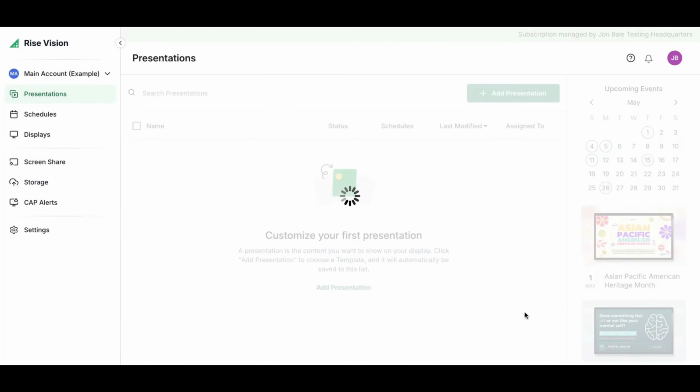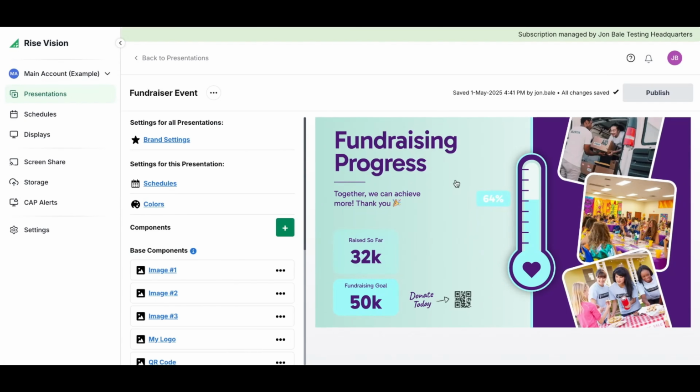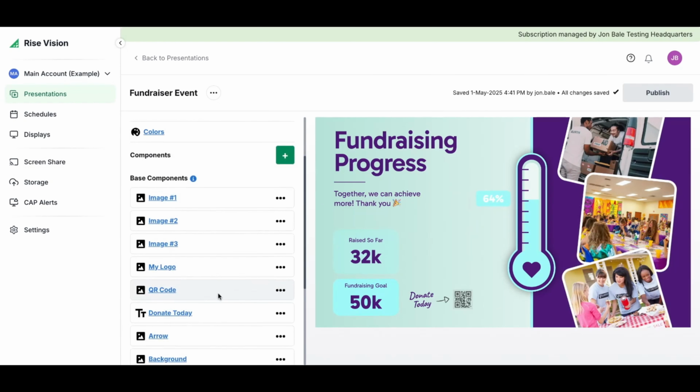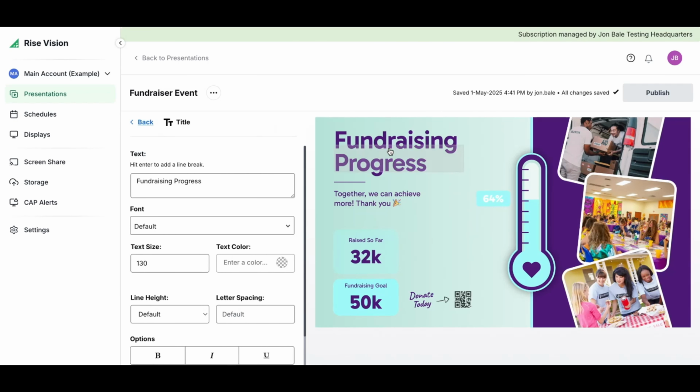would like to modify. On the right-hand side, you'll see a preview of what the presentation will look like on your display, and on the left-hand side, a number of components that you can edit. If you want to edit the text, simply click on the text box itself in the preview, and then change the text by either double-clicking on it once again, or by changing the text in the text box on the